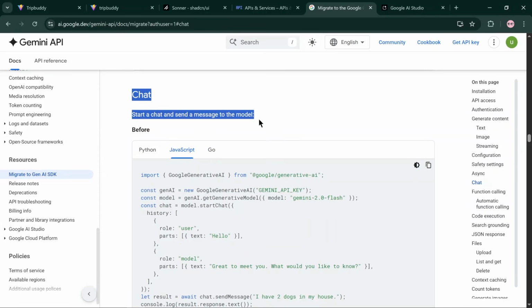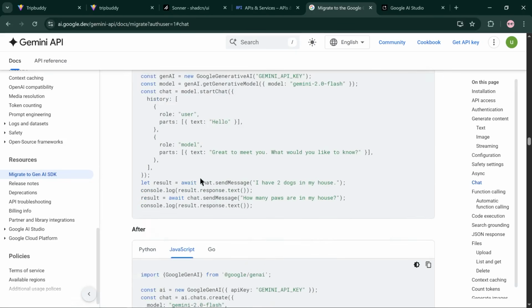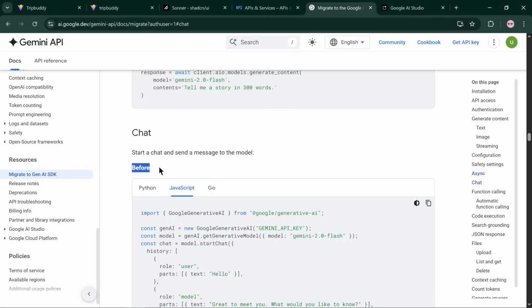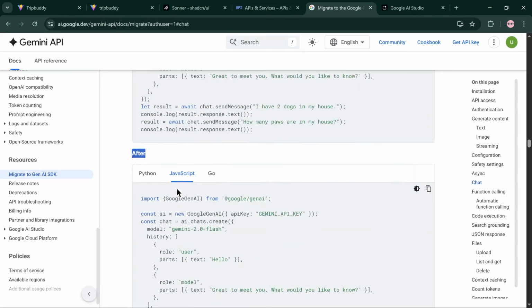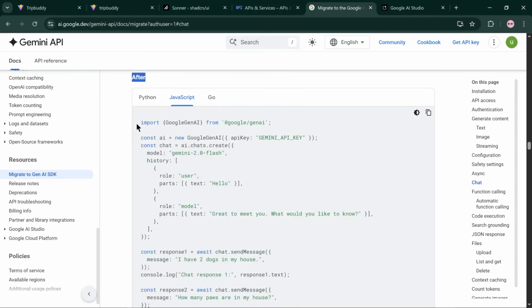Okay, so you can say in simple words that he will know how to go outside that chat. He will know how to respond and what he responded earlier. So for the chat, before means the old method and after means the new, latest method. So we will use the latest one. For this purpose we are using JavaScript, and we will copy the sample code from here,